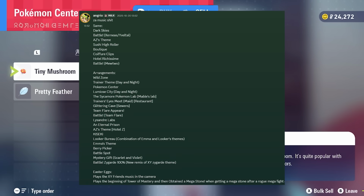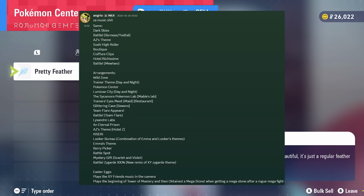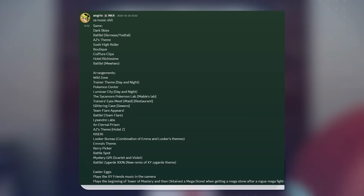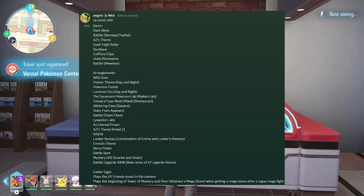Emma's theme is in the game. Berry Picker, Battle Spot, Mystery Gift from Scarlet and Violet seems to be reused for the mystery gifts. Battle Zygarde 100% is a new remix of X and Y Zygarde's themes. And then, of course, there is just some stuff that's exactly the same, like Dark Skies, Battle Xerneas Vettel, AZ's